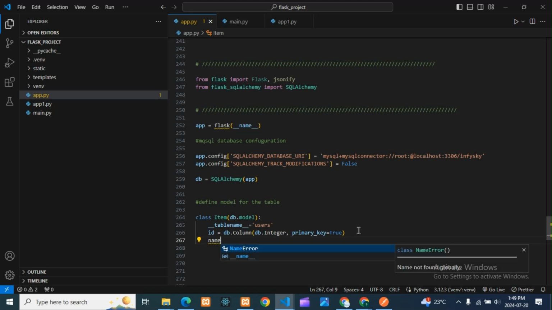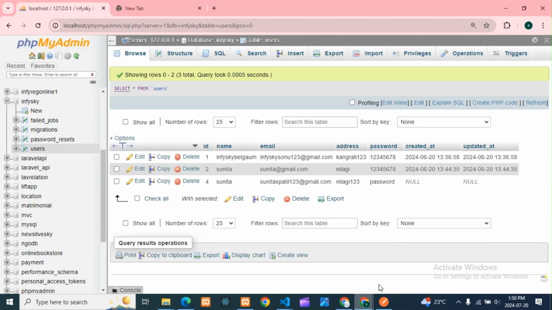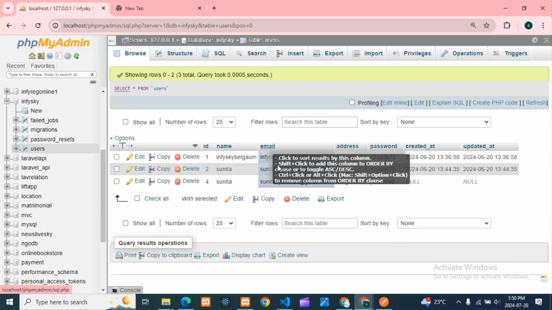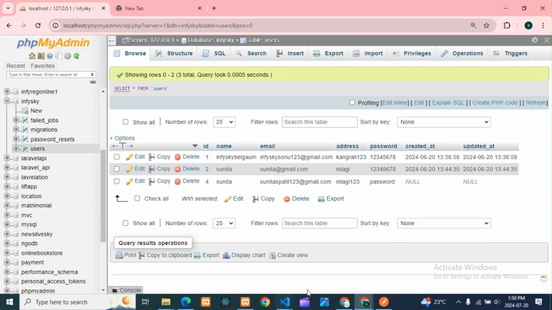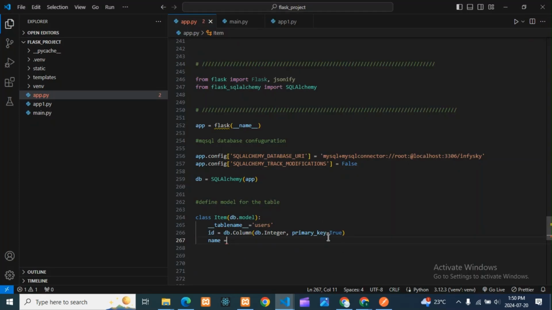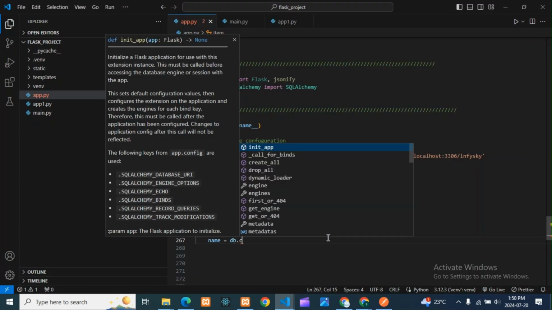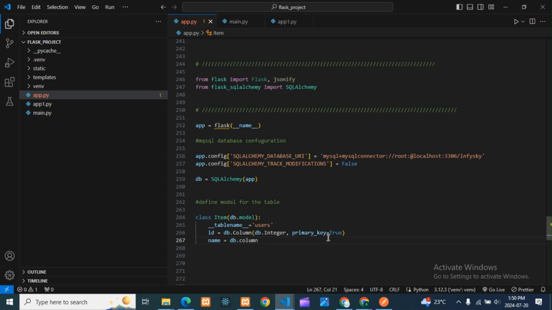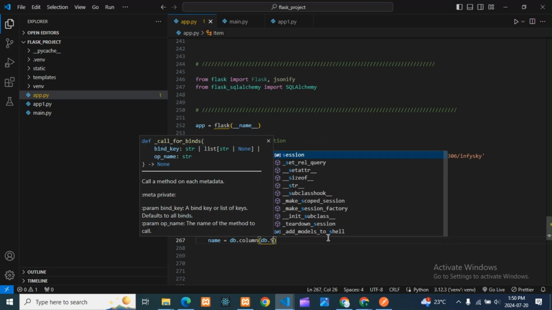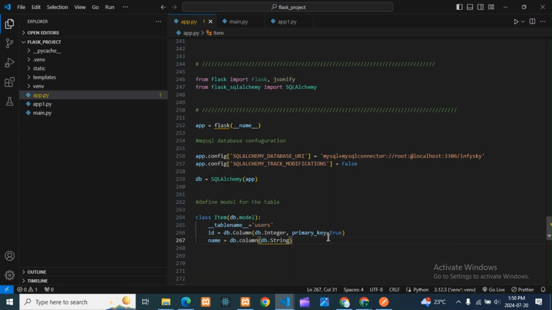Then next we are taking the name, because these are my columns. As I will show you, guys, these are my columns: name, email, address, password and ID. All of these I have to add here, so I'm doing that right now. So here it is db.Column, I'll copy this later. The type will be String for name, and you need to mention the length, so I will take 50 for now, and you need to mention whether it is nullable or not. I will keep this as not nullable.